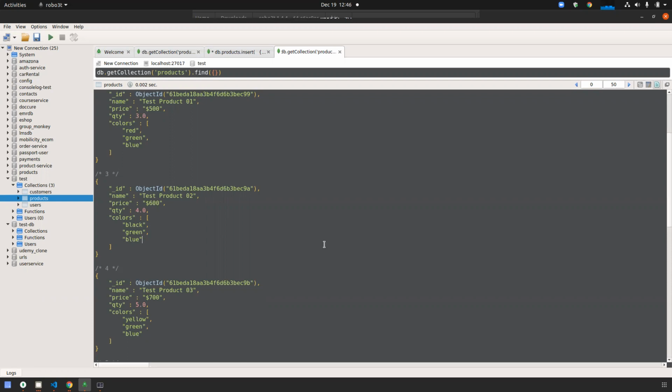That means in the order collection, the product ID is the foreign key of the product table, and that product ID is the product table's primary key. You got it or not?